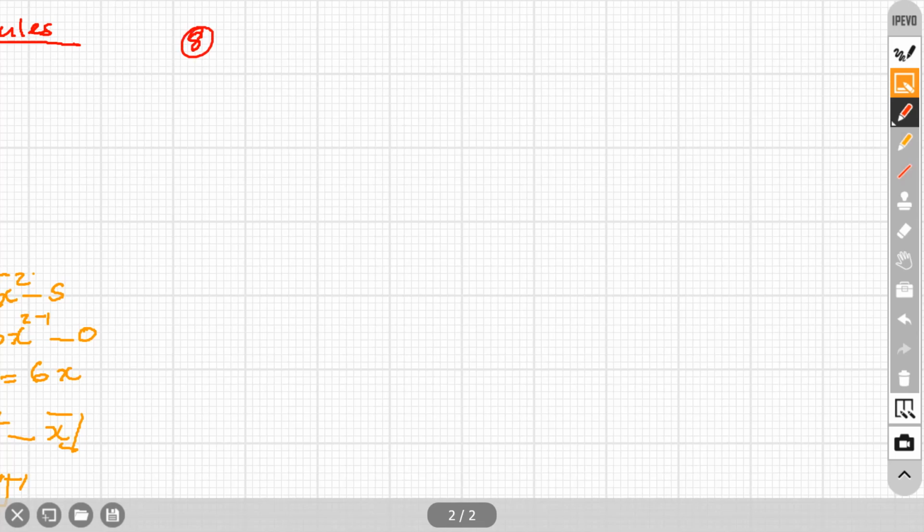Rule number 5: no root sign. So far we've been doing examples whereby there is no root signs, but whenever you are given an equation that has root signs, you have to remove the root signs first before you can differentiate. So for example, let's say we are given that g of x